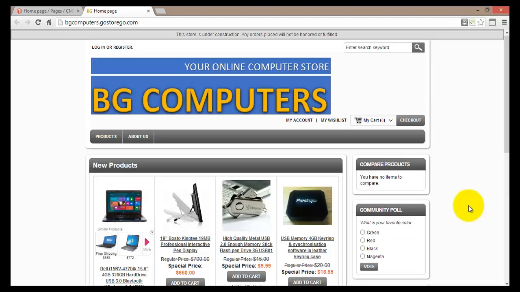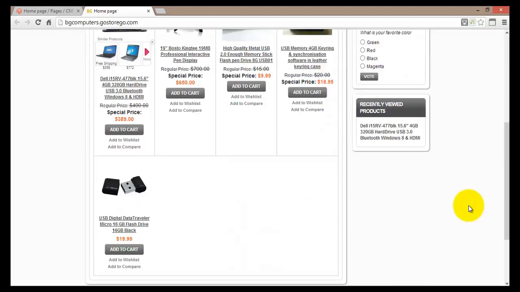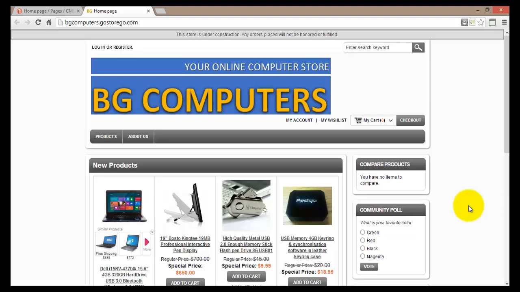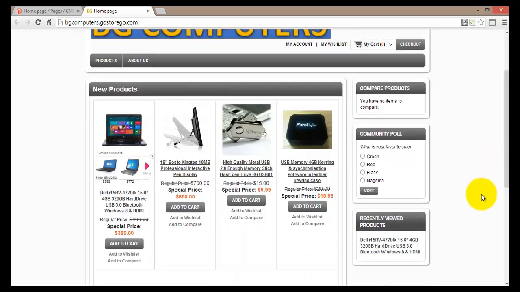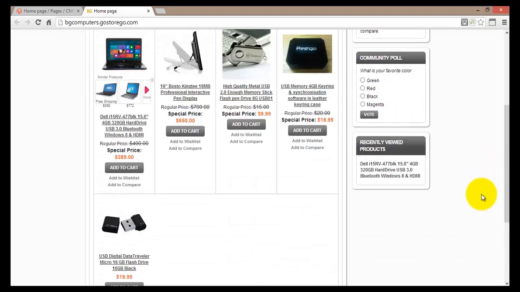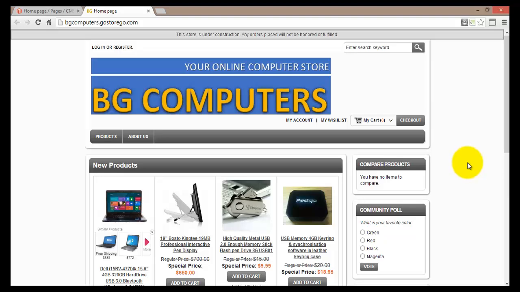As I've said before, I've actually gone and changed the theme of my store. So basically this is what my online store currently looks like. If you remember, by default the theme was different, so it had some little stars in the background, and I have removed that by actually applying a different theme to my online store. So basically what we'll do in this video tutorial, we'll go ahead and see how we can apply different themes